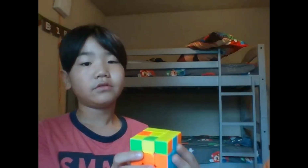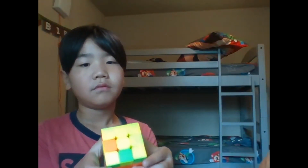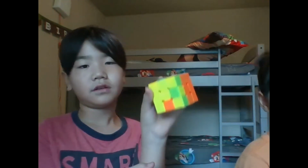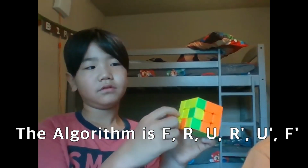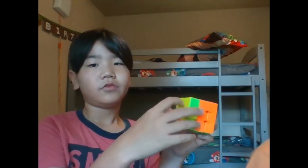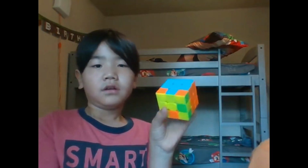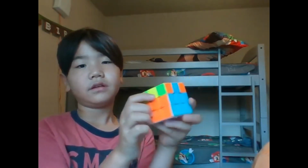Now, you go to the yellow side. Let's just say it can be like this. It's like this. If it's like this, then you simply just do. You make sure you put this thing in the top left corner, this thing in the top right, this thing in the bottom right, and this thing in the bottom left. And then you do